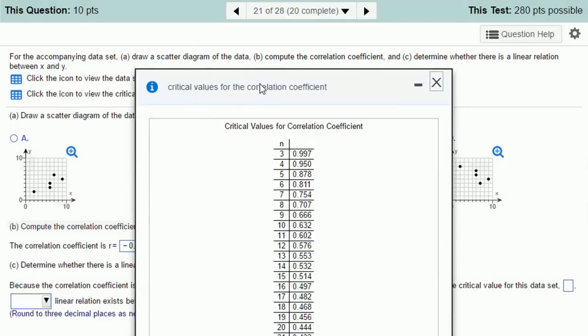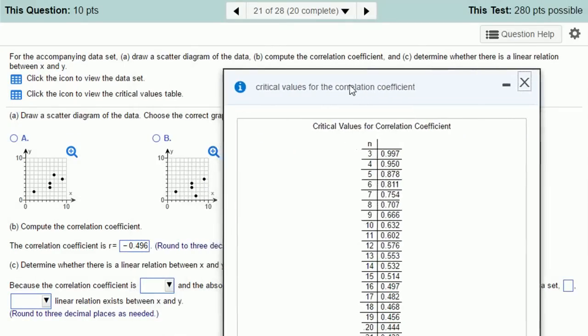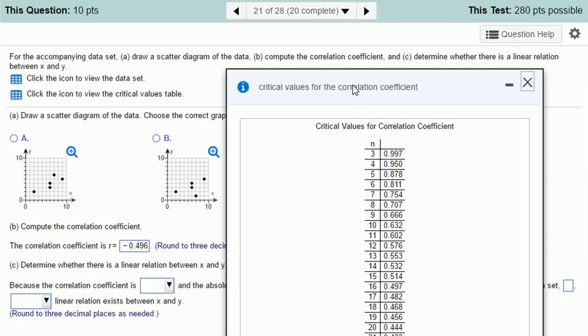Since I have a sample size of 5, the critical value for the correlation coefficient is 0.878. That means my correlation needs to be bigger in absolute value than 0.878, but it is not. So the correlation coefficient is,